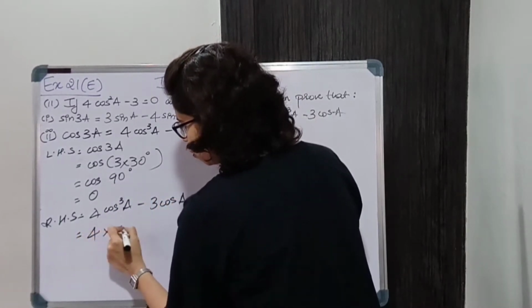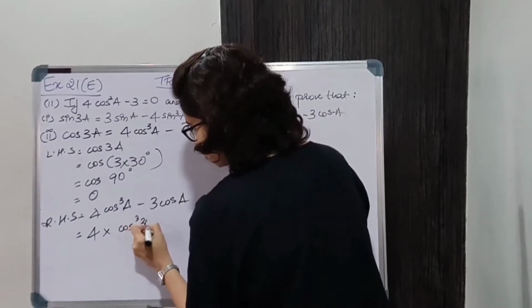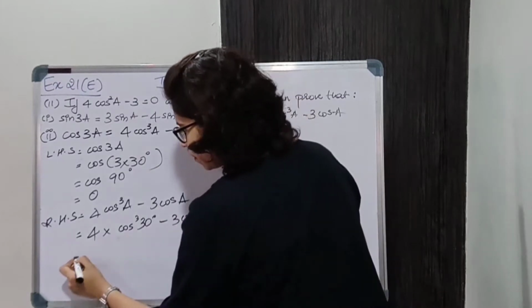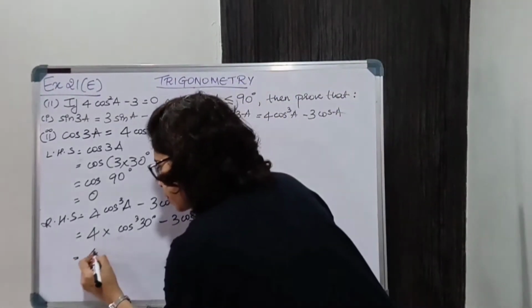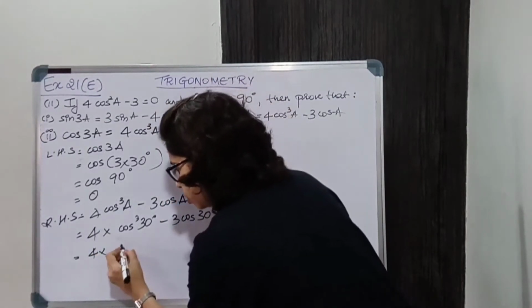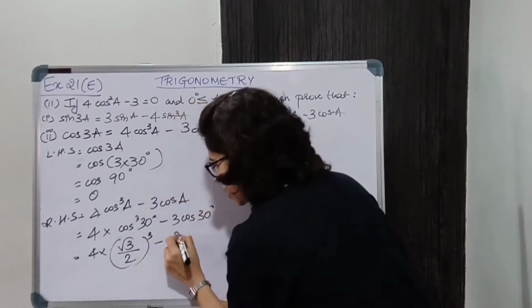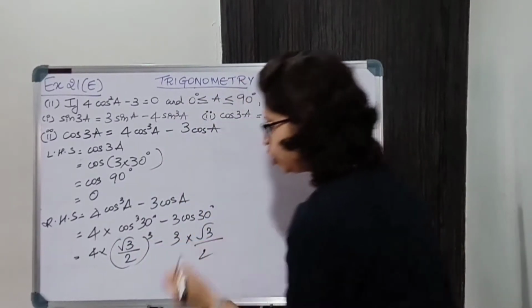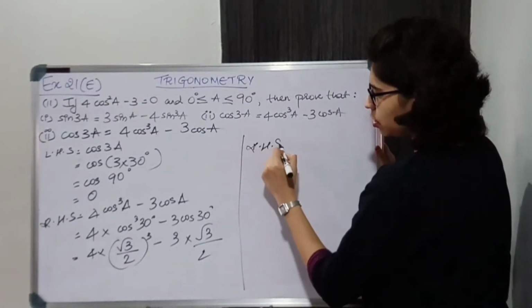That is 4 cos cube of 30 minus 3 cos 30. Cos 30 is root 3 upon 2. So 4 into root 3 upon 2 whole cube minus 3 into root 3 upon 2. Therefore RHS is equal to